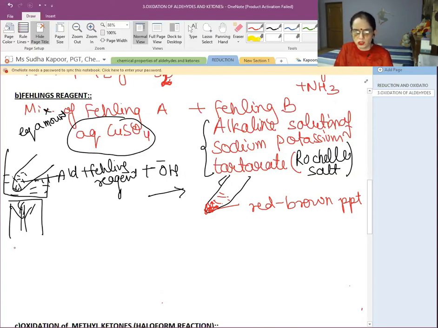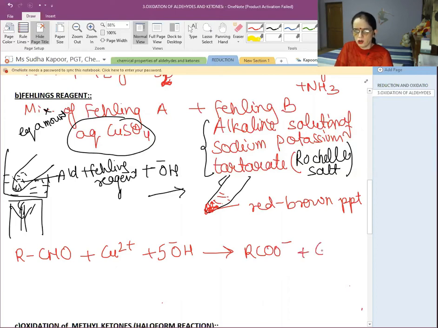So what is the actual reaction over here? When we have taken RCHO and added the Fehling reagent to it, followed by the hydroxyl ion, what we will be getting here is RCOO negative along with Cu2O, which is the reddish brown PPT, along with the formation of water. So the aldehyde is converted into the carboxylate ion, and the formation of red brown PPT symbolizes that it is